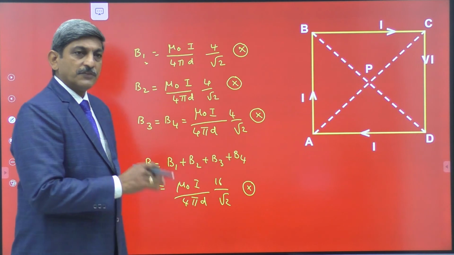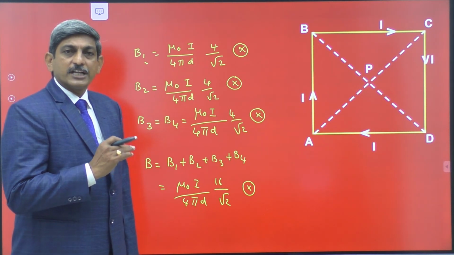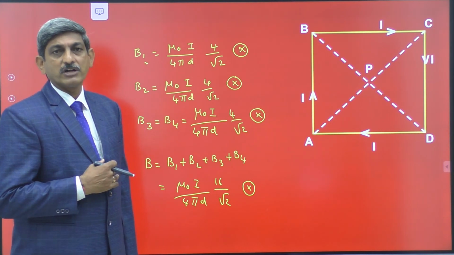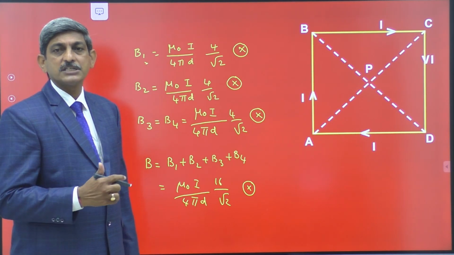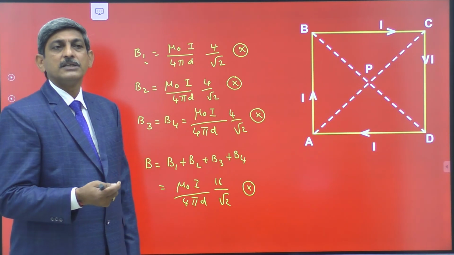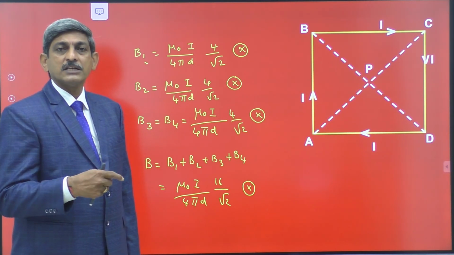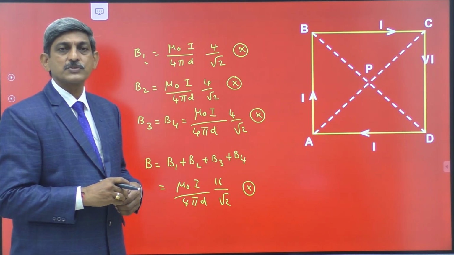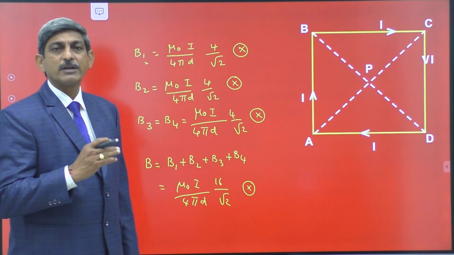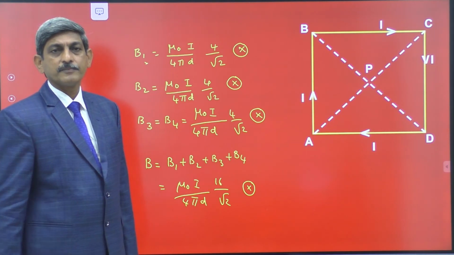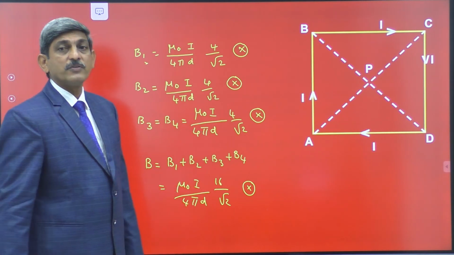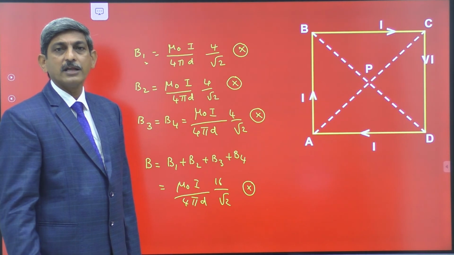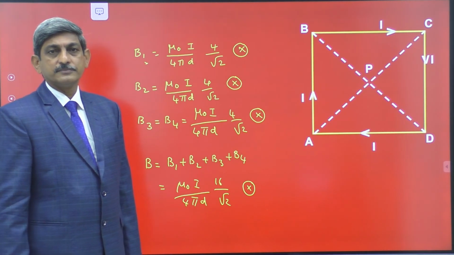If suppose we determine the magnetic fields produced by the different portions and they are in opposite directions, what do we have to do? If they are in opposite directions, we just have to subtract from one another. If they are making some angle with one another, then we have to use the parallelogram law of vector addition, that is R is equal to square root of p square plus q square plus 2pq cos theta, to determine the resultant of the two vectors. This is the general procedure to be followed whenever your wire is bent into a regular shape like a square, triangle, hexagon, like that.